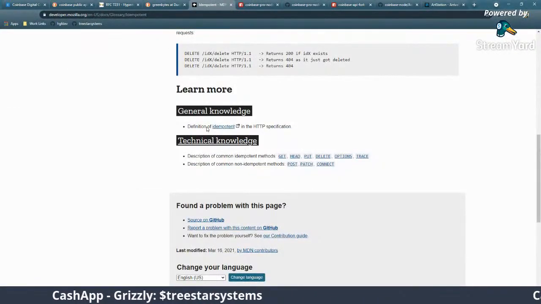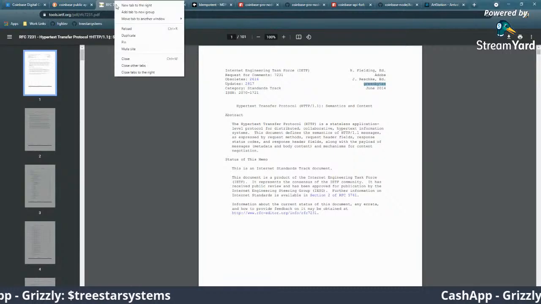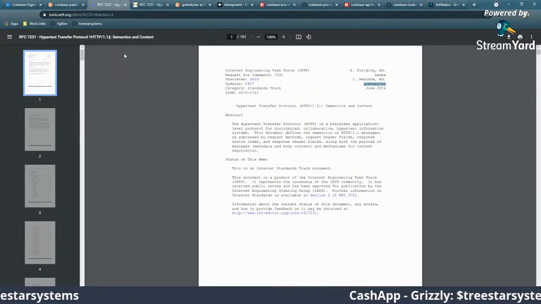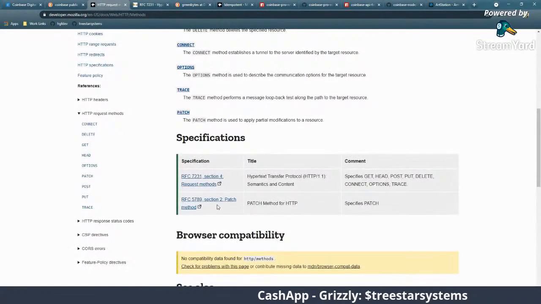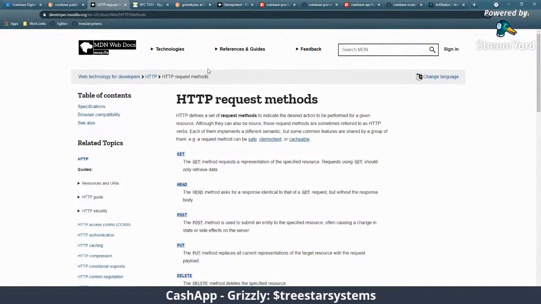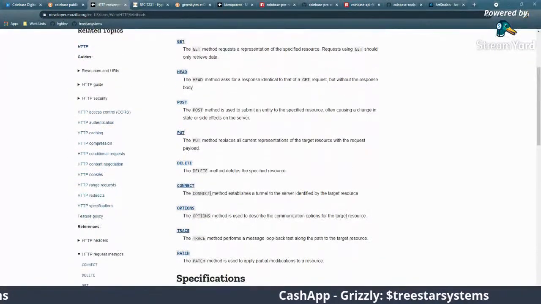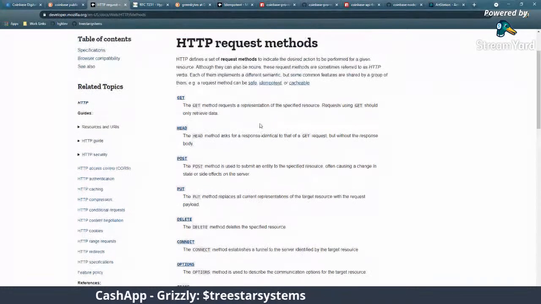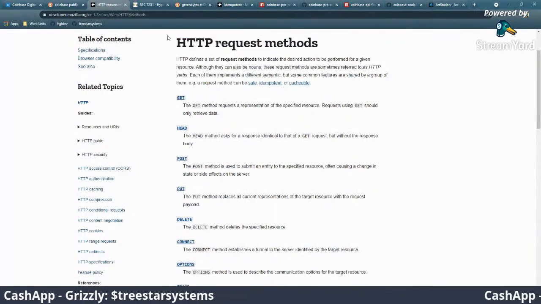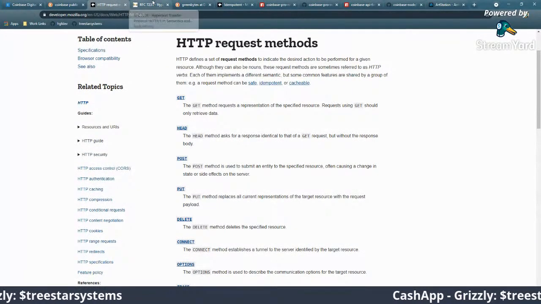And I think we got to it. Let's duplicate this here. Let's go back. And we got this just from going into the Mozilla Developer Network, and actually learning more about these HTTP methods and the differences between all of these. And also, as I said, these RFCs, the reason why we went down this rabbit hole,